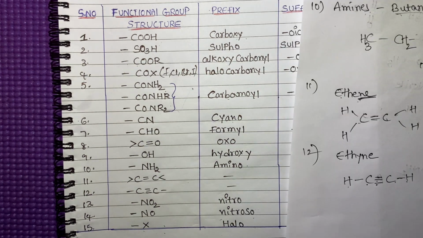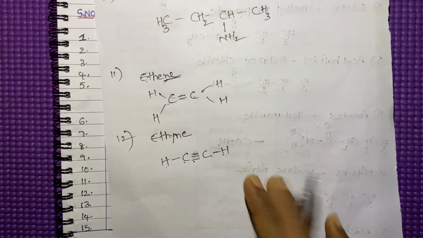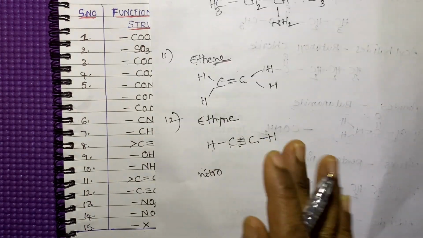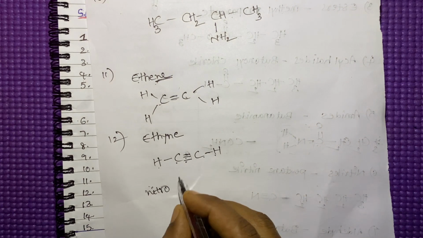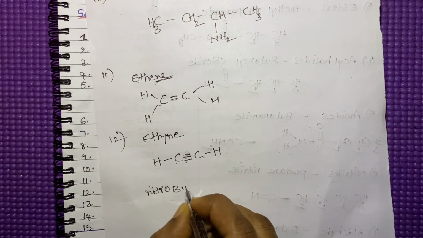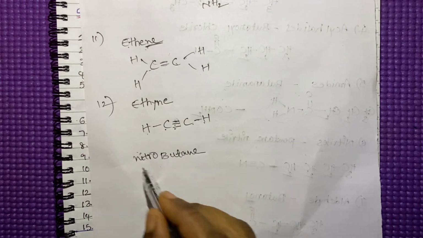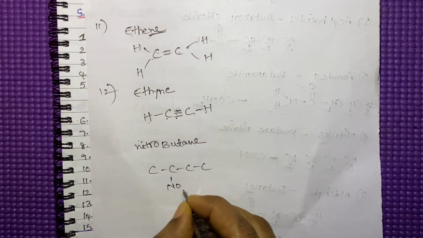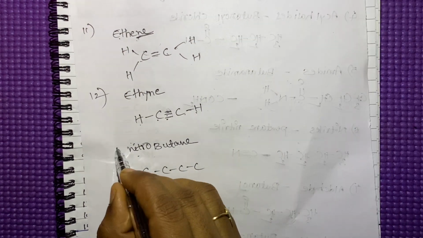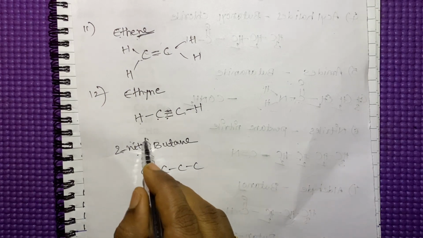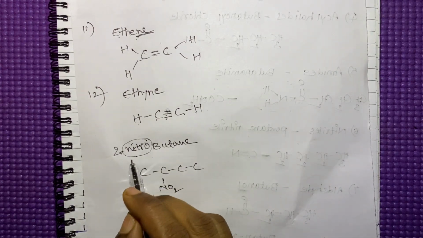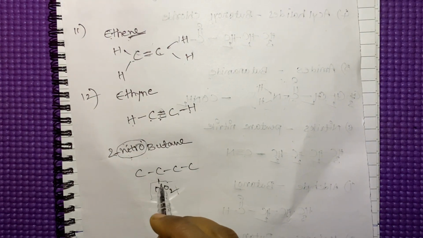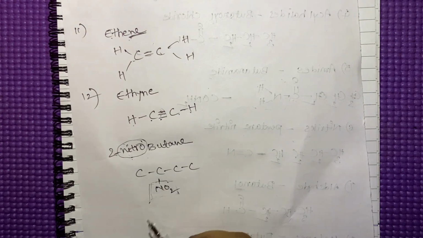These NO2 nitro groups, nitroso groups and halogen groups are always used as substituents. These names are always used as prefixes. For example, if a nitro group is there in the given compound, nitrobutane. For example, 1, 2, 3, 4. Second position, if you want to give nitro to nitrobutane, always we have to use the prefixes. These compounds we have to use as substituents, and the names are always used as prefixes.